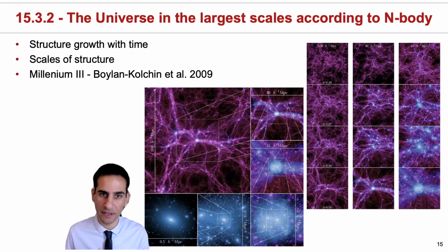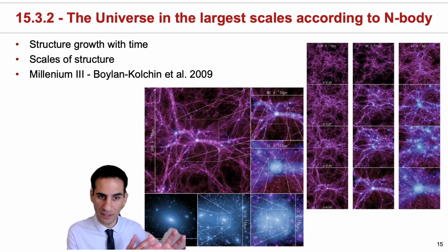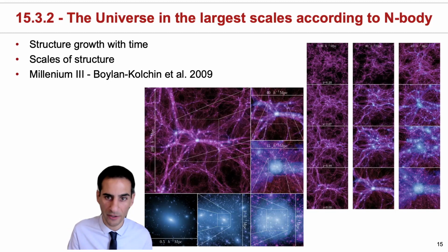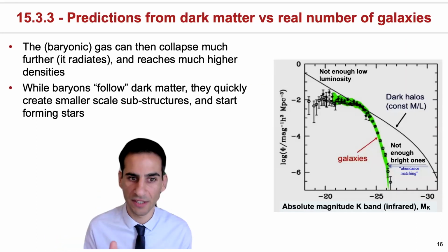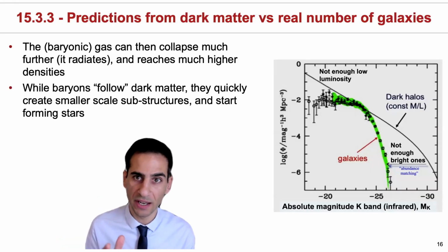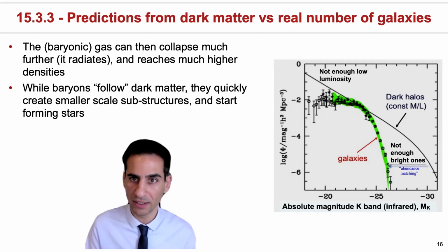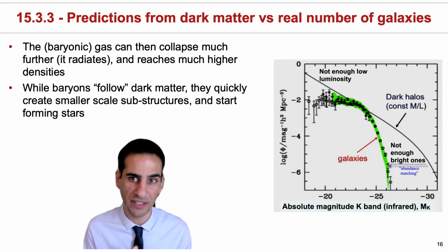Once you establish that dark matter should be cold, you can then run your N-body simulations, and you can establish how structure grows with time, and also find different scales of structure. Using this, you can then use different approaches to see how you populate these dark matter webs and the nodes with baryons, and then follow all the physics. In sections 13 and 14, we've seen how if you just use dark matter and you associate every node with a galaxy, then you overpredict the number of faint galaxies and the number of high luminosity galaxies.